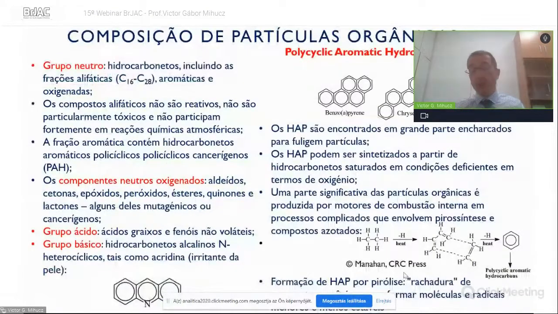The organic issue is even more complex. We have several compounds. We have neutral ones like hydrocarbons or polyaromatic hydrocarbons. We have neutral compounds which are oxygenated like aldehydes, epoxides, peroxides, esters, quinones, lactones, and so on. But we also have acidic and basic or alkaline groups. For example, acidic ones are fatty acids, phenols, and from the alkaline compounds, I have to mention acridine, which is